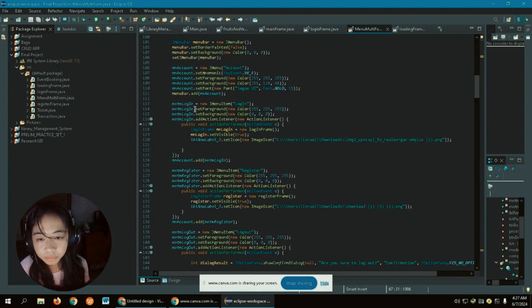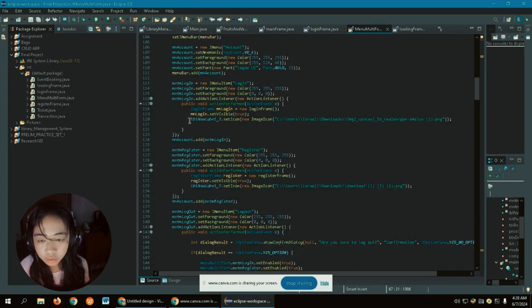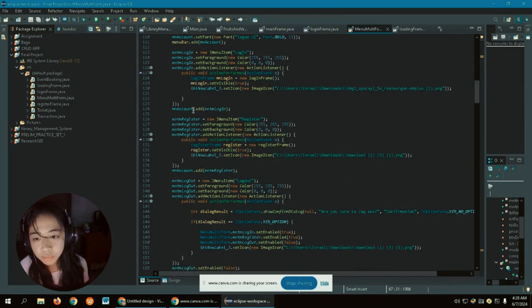If you click this menu item, an action performed event will fire, and it will go to another frame, which is the login frame, set to visible, and set the image icon. Then we're adding it to the menu account.